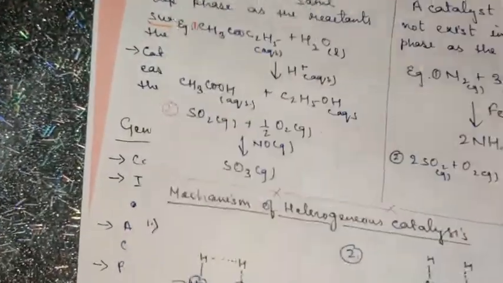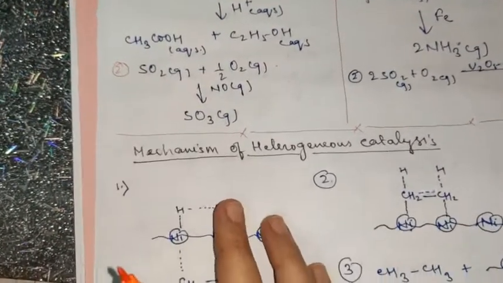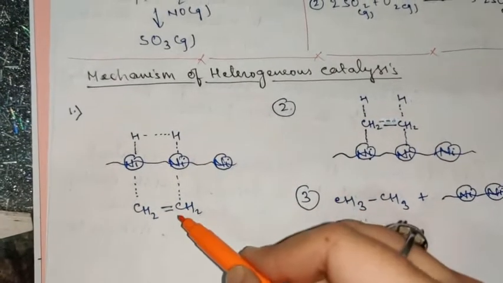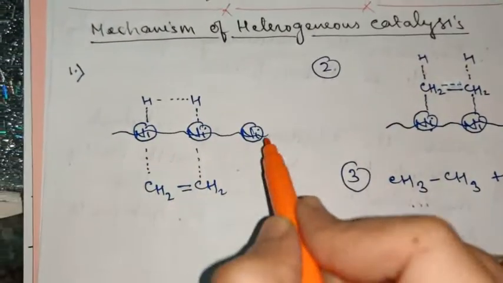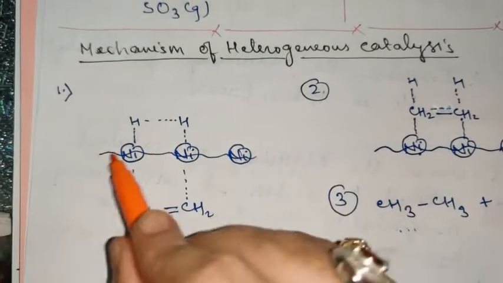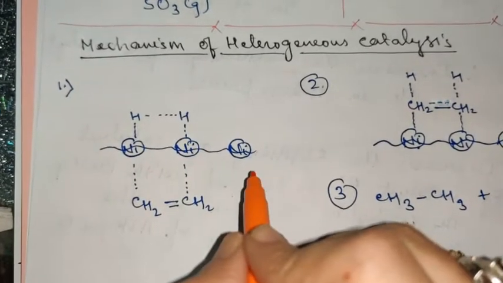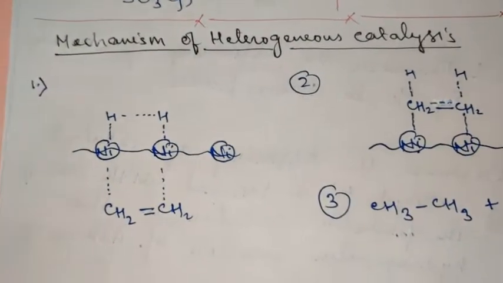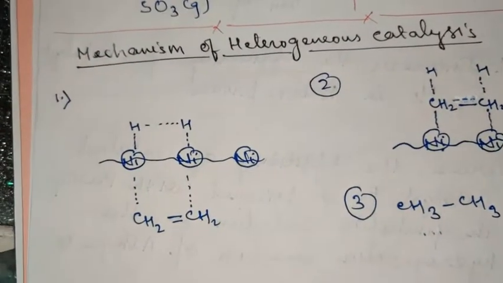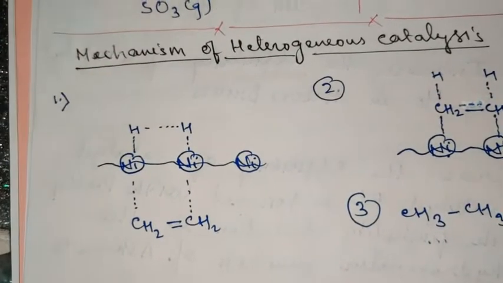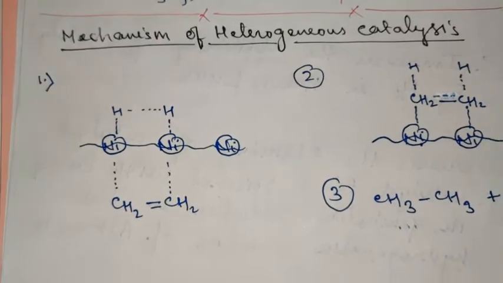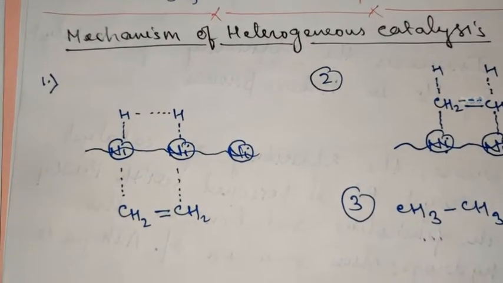Now let us discuss the mechanism of heterogeneous catalysis. The mechanism is very simple. I am discussing here the hydrogenation reaction only, where I have taken nickel as the catalyst. Children, what is the function of this catalyst surface? It adsorbs the two gases. See, if you are carrying out the reaction without the catalyst, what happens? Hydrogen molecules will be dispersed. These molecules will be dispersed. Now the possibility of the two coming together is very low.